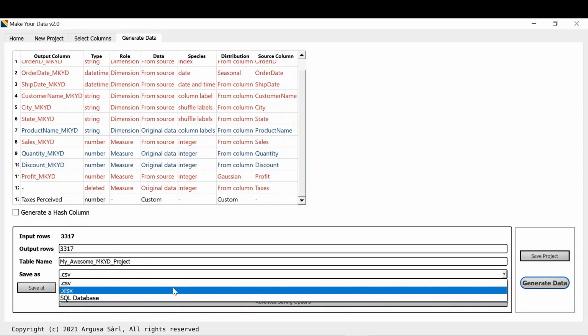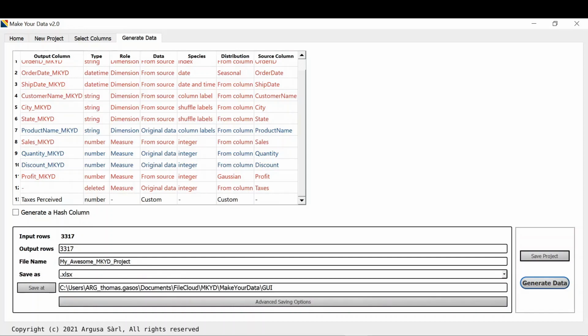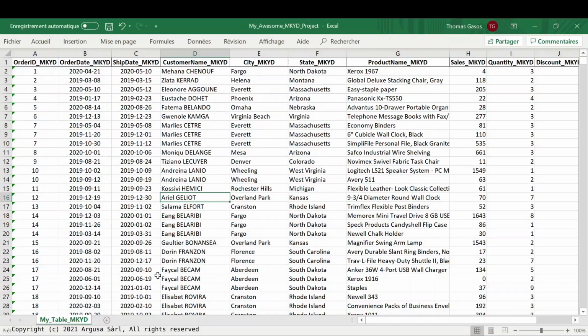We also have the possibility to save into a CSV or an SQL database. We can also save the project with or without data, but we will not save it for this demo. Let's generate data. Now that we have generated the data, we can have a quick look at the table. We can see that the order ID has been modified to be an integer. We see that we have an order date in the years 2019 and 2020, and that the ship date lies